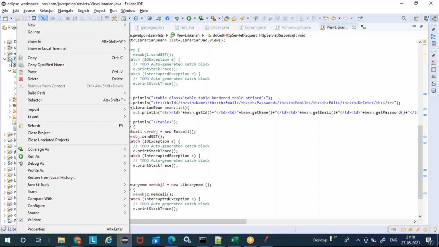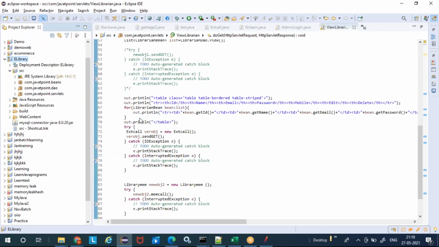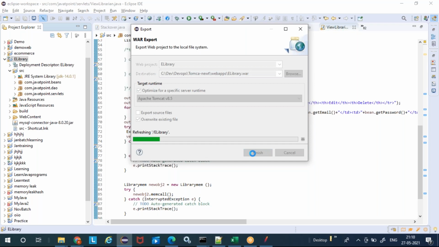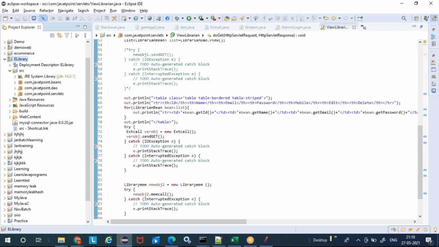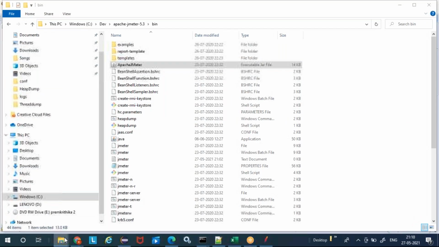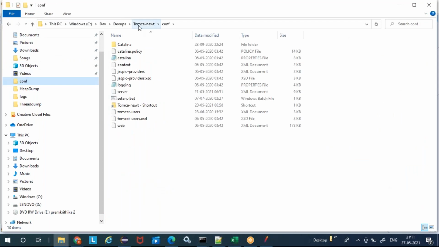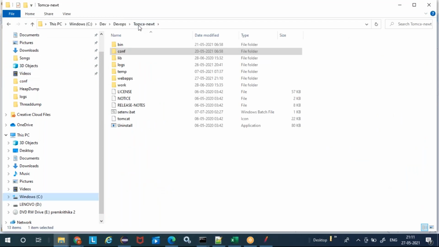Okay, this e-library application. Whenever we make changes, we export the WAR file and put it in a directory. These minimal things you can do on your own laptop with Java and Eclipse, if you have them. Once you have this copied to a Tomcat folder, which you have to download again, the link for that is available in the Google Sheet.